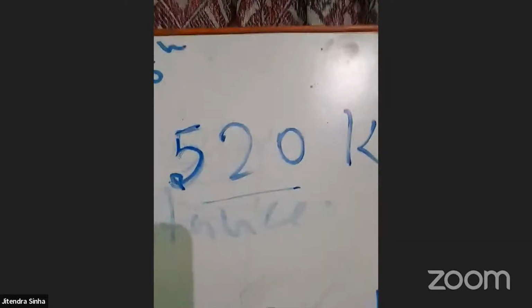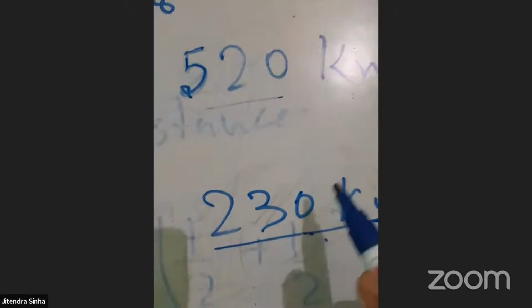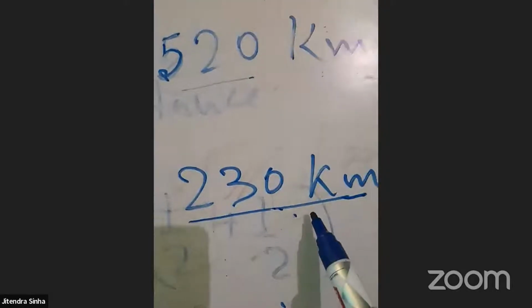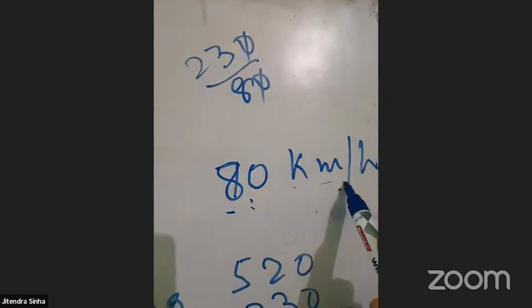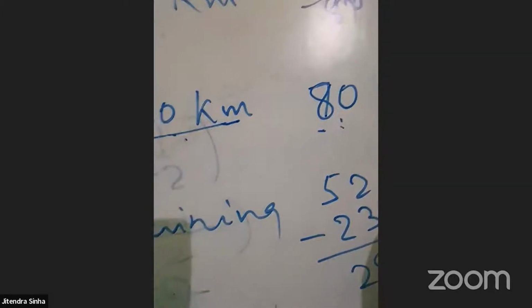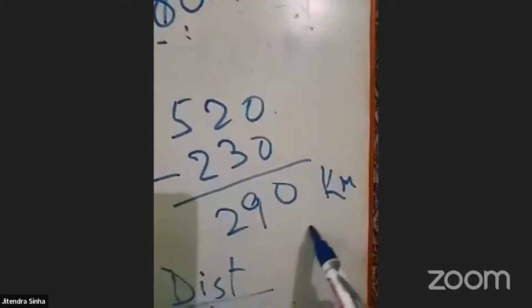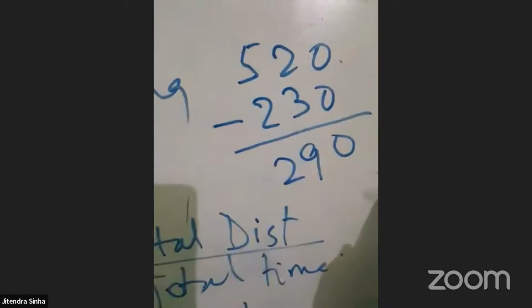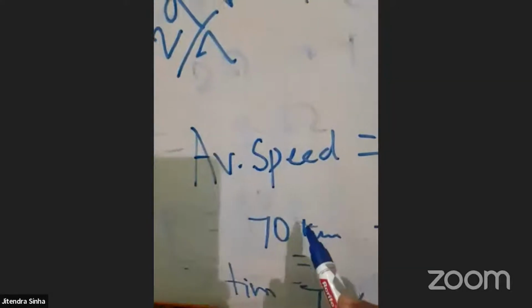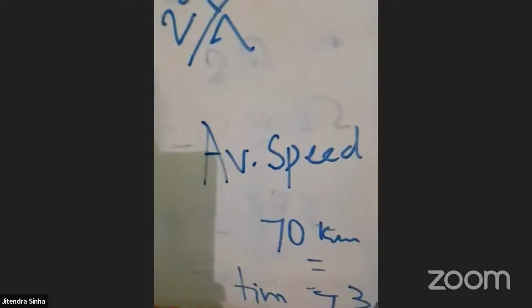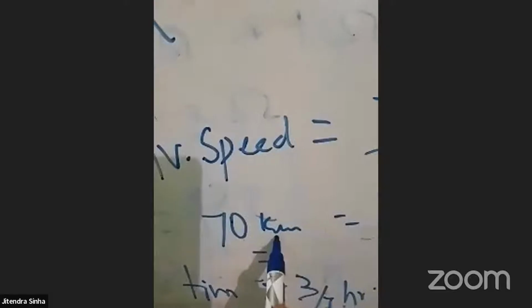एक बार फिर मैं बता देता हूँ। Sir, can you show the full board once? Yes, actually, देखो सबसे पहले क्या है, आपका टोटल लेंथ 520 किलोमीटर है, ठीक है। आउट ऑफ दिस 520 किलोमीटर यू हैव कवर्ड 230 किलोमीटर एट ए स्पीड ऑफ 80 किलोमीटर पर आवर, ठीक है। अब आपका रिमेनिंग कितना बचा? 520 में से 230 को माइनस कर दो, यू आर गेटिंग 290 किलोमीटर। तो 290 किलोमीटर इज द रिमेनिंग आपका बचा।